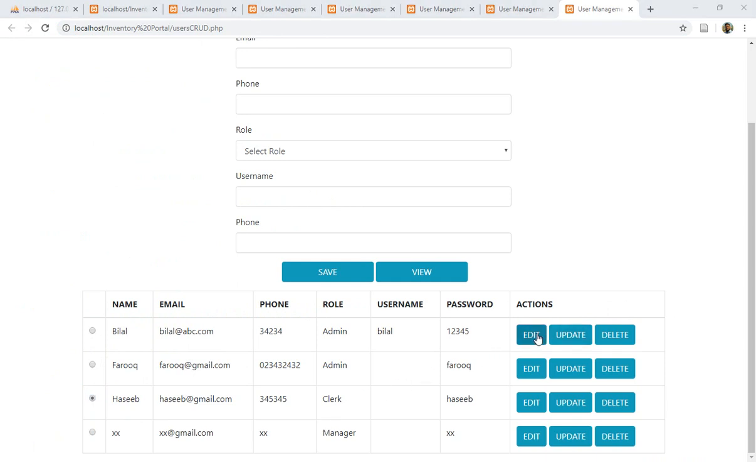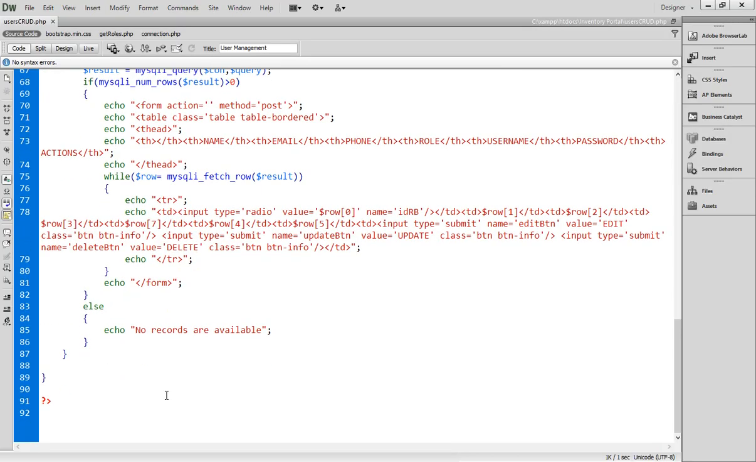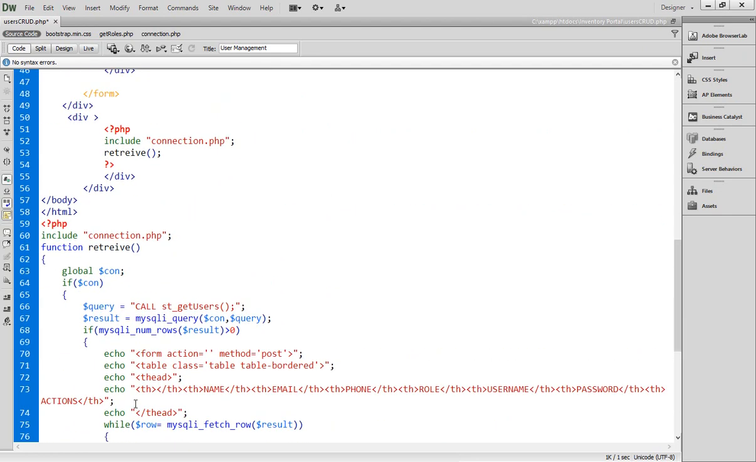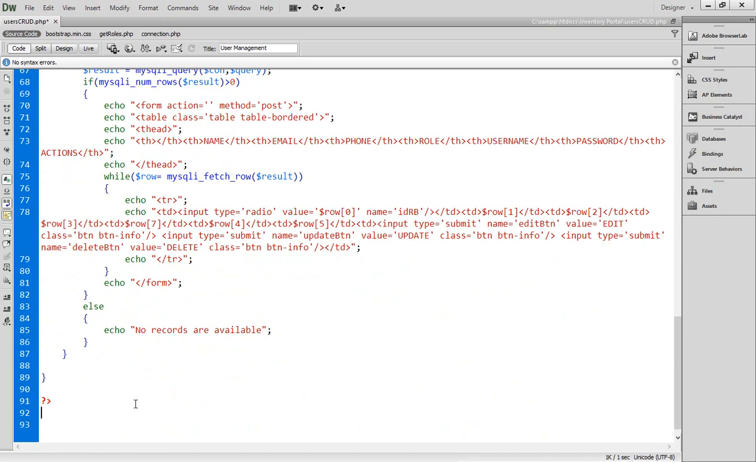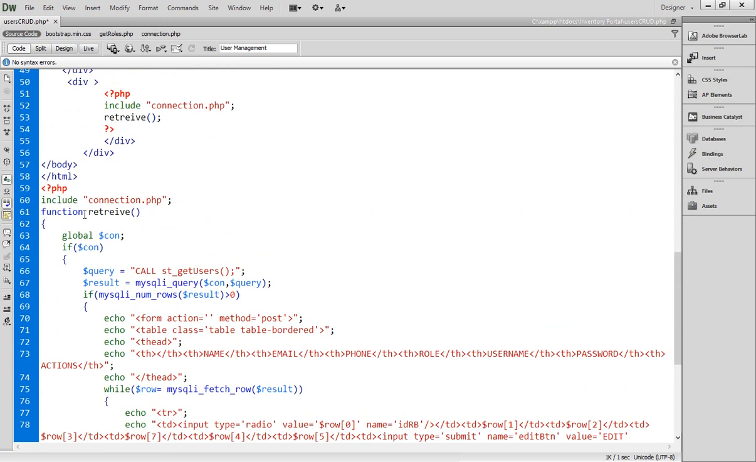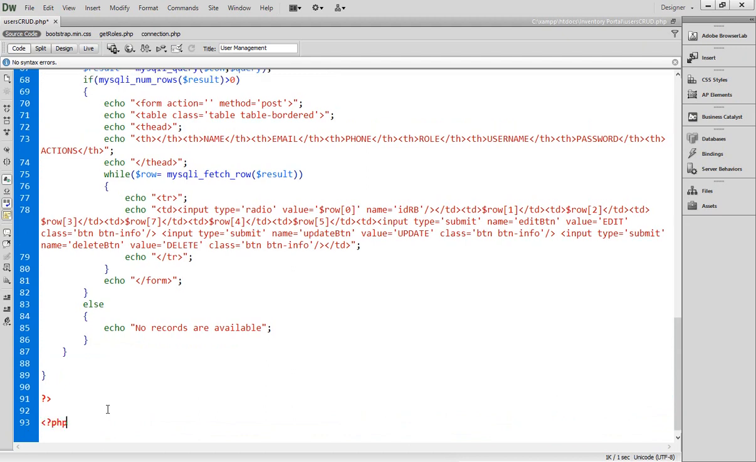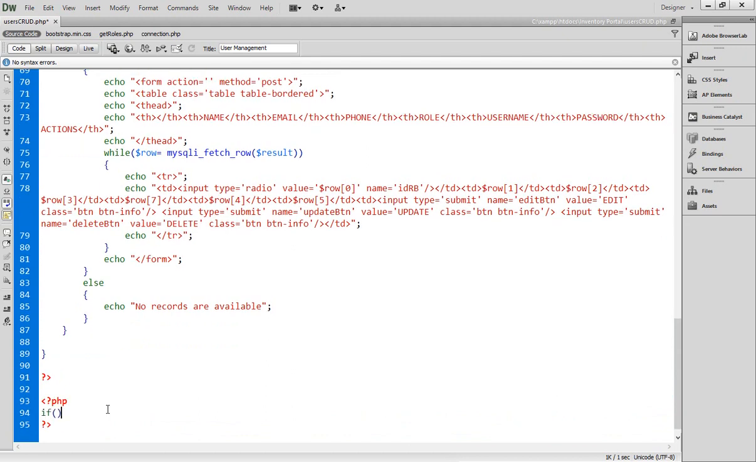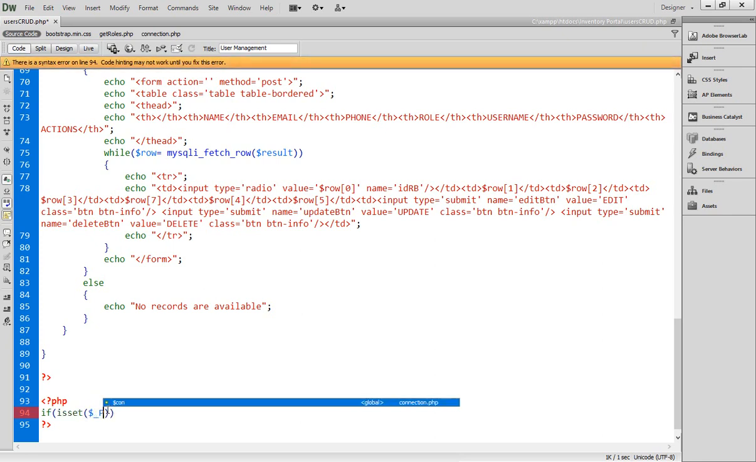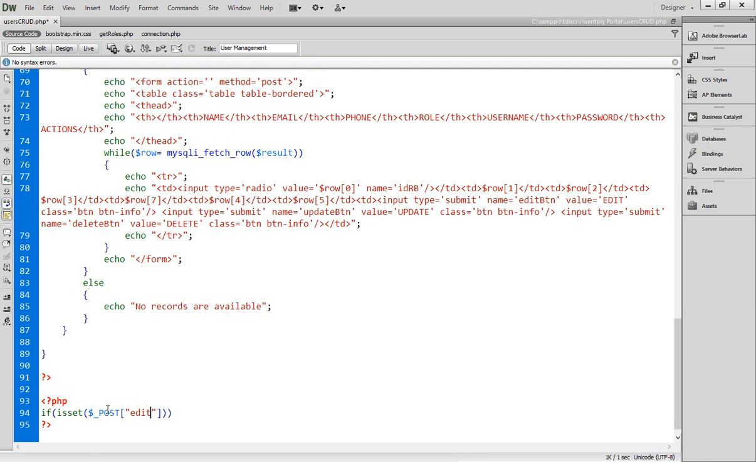The next step is, when I click the edit button, it should check whether the radio button is checked or not. So let's come here and open some PHP markers. Yes, at this place it is fine, because that's one PHP script. Let's add another so that we can do some partitions. So PHP and PHP close, and you can write here if isset, and the button name is $_POST, edit btn,